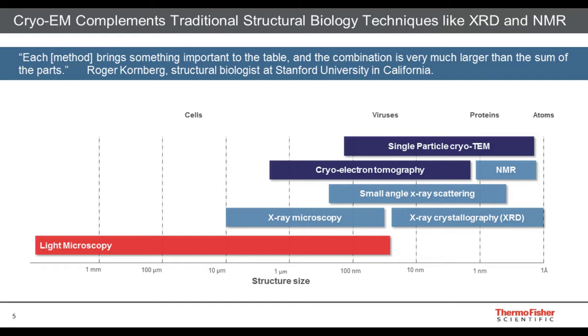Cryo-EM is one of them, and I will talk in detail about maybe the most important application right now, which is called single particle cryo-TEM. But cryo electron tomography will also emerge as an equally important technology within a couple of years' time. But also NMR, a very classical technology, and X-ray crystallography are very important technologies next to X-ray microscopy and of